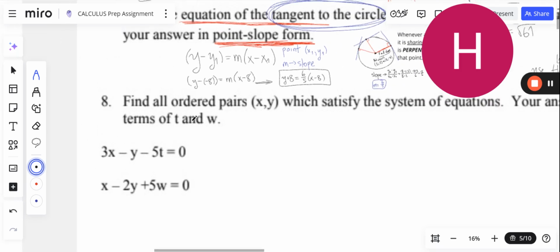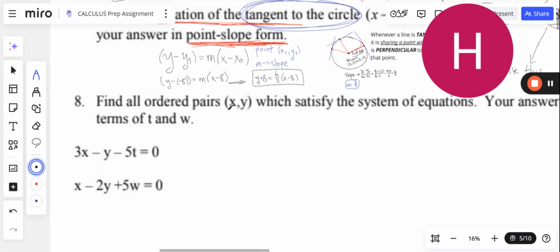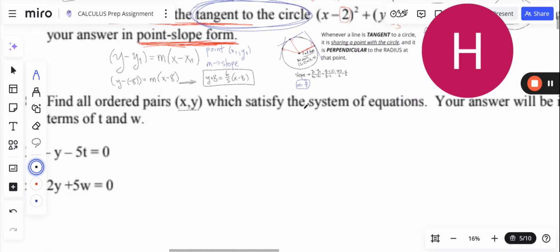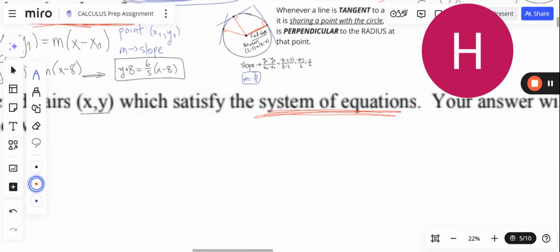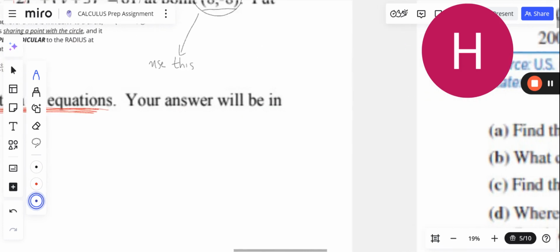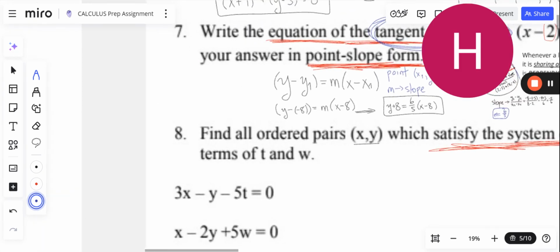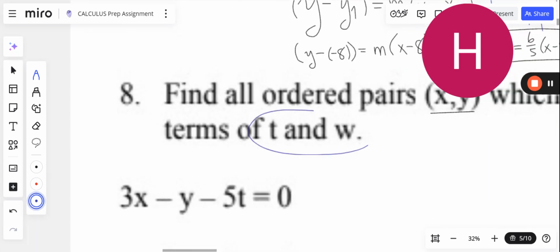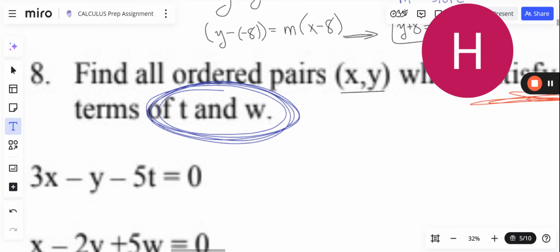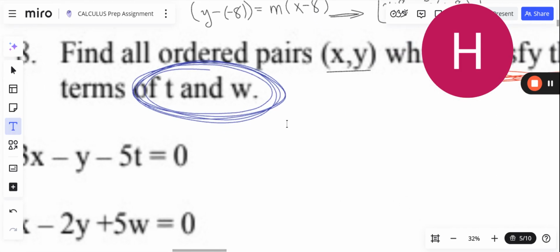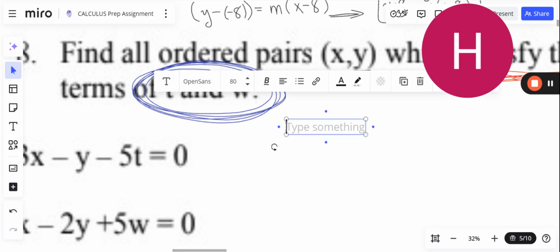Okay, let's find all ordered pairs, x, y, which satisfy the system of equations. Satisfying a system of equations. Solving, in other words, a system of equations. Your answer will be in terms of t and w. So what does this mean? This is a very important thing to take note of. If it is nice enough to tell you that your answer is going to be in terms of something,